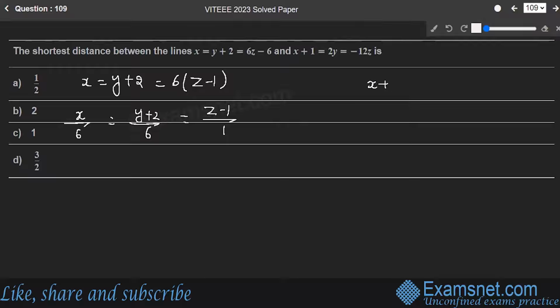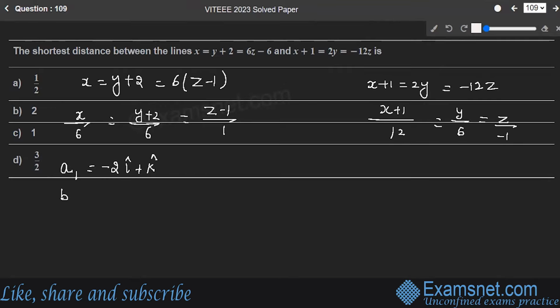The second line was x plus 1 is equal to 2y is equal to minus 12z, or you can write it as x plus 1 upon 12 is equal to y upon 6 is equal to z upon minus 1. Okay, so now A1 will be given by minus 2j plus k, and B1 will be 6i plus 6j plus k, and A2 will be given by,